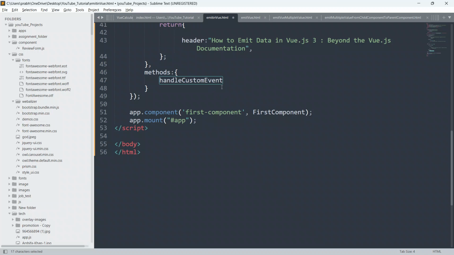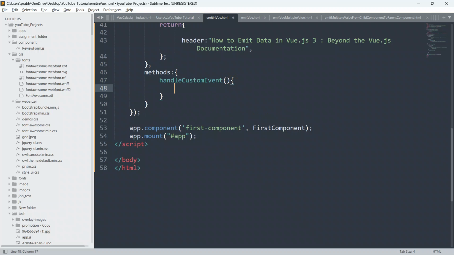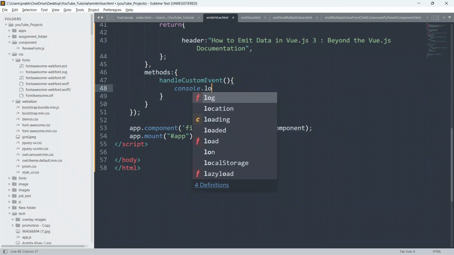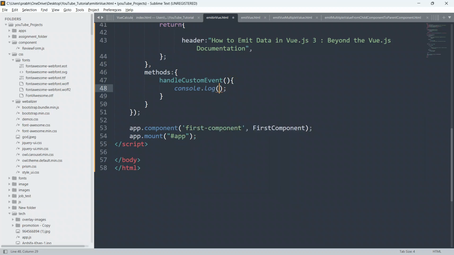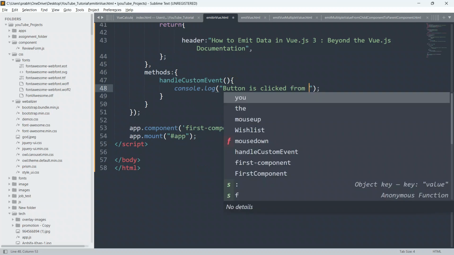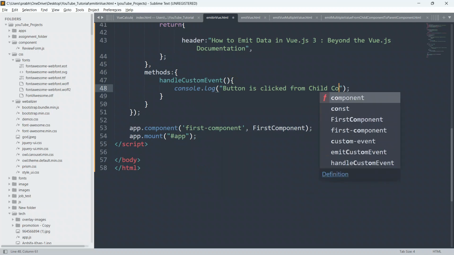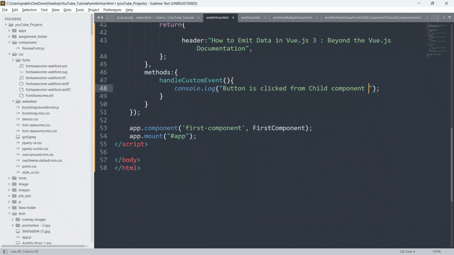Just say parenthesis and put open and closing braces, and inside this we will say console dot log, and we can say anything, like button is clicked from child component to parent.